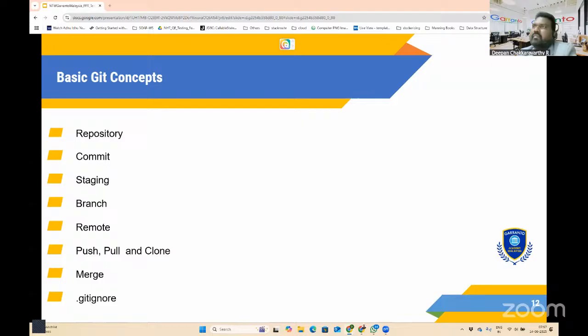So for instance, there is a main branch, a main repository, and that is being deployed. Now I want to add one more feature. If I make changes in that main repository itself to add that feature, chances are that it might break the current deployment. So what we usually do is create a parallel repository and then make changes. Whatever new changes a developer intends to do, he will do that in the parallel branch without affecting the primary branch that is linked to the production or the current deployment.